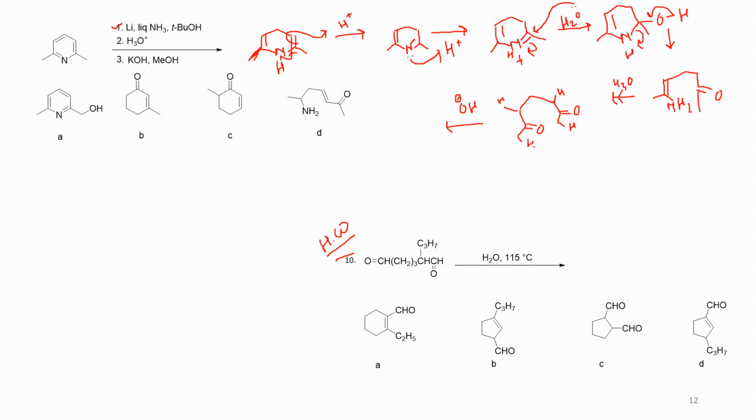Now aldol condensation will be in such a way that it forms a stable ring, because if both the carbonyl groups join, it will form a ring. So the alpha hydrogen will be abstracted, which will form a stable ring, and also the acidic one. So among this one and these two, this is more acidic